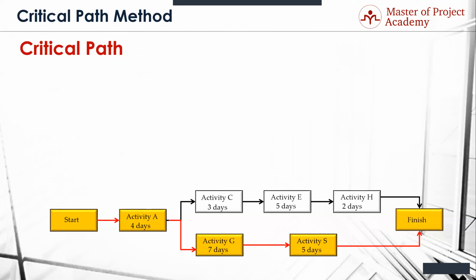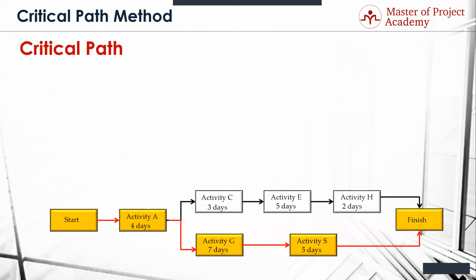Now, if you look at the other path, there's only one other path you can take on this project. You can go from A to C to E to H and finish. How many days long is that? A couple days shorter. Okay, 2 days shorter. Because these are in parallel and there's no overlapping or interaction between activities, one other thing you can tell without doing a lot of work, I also